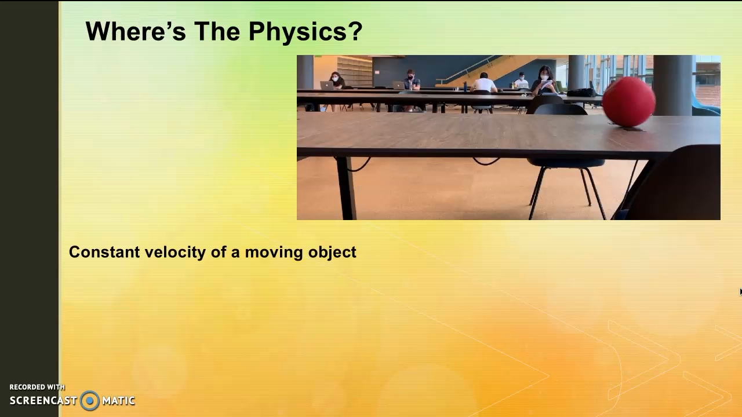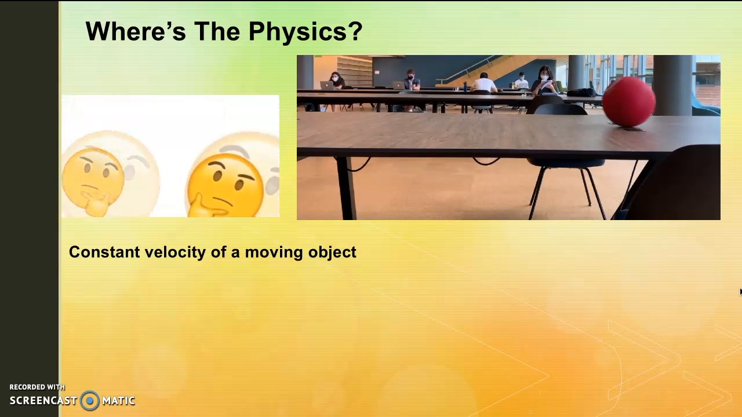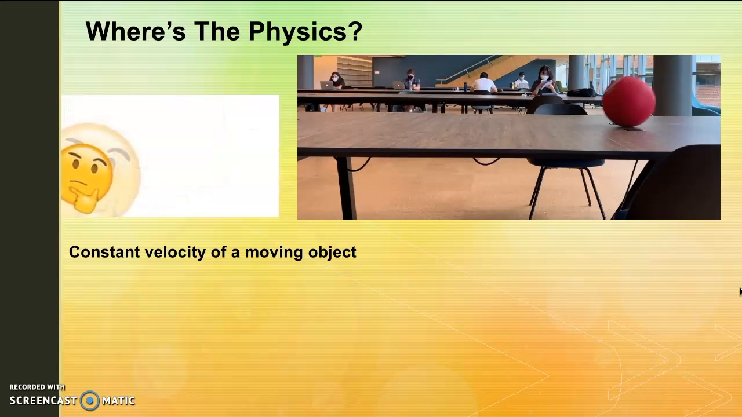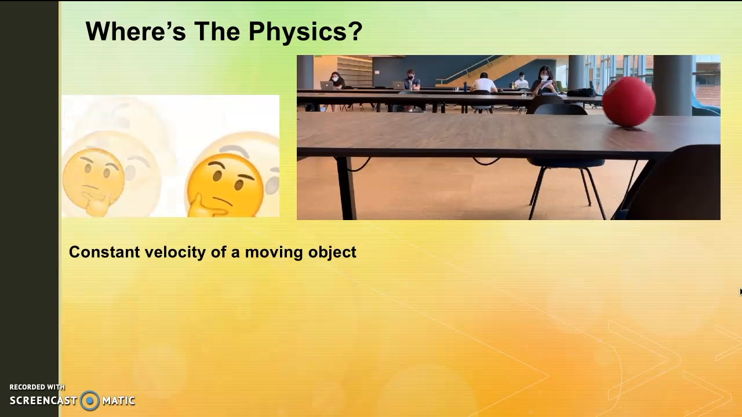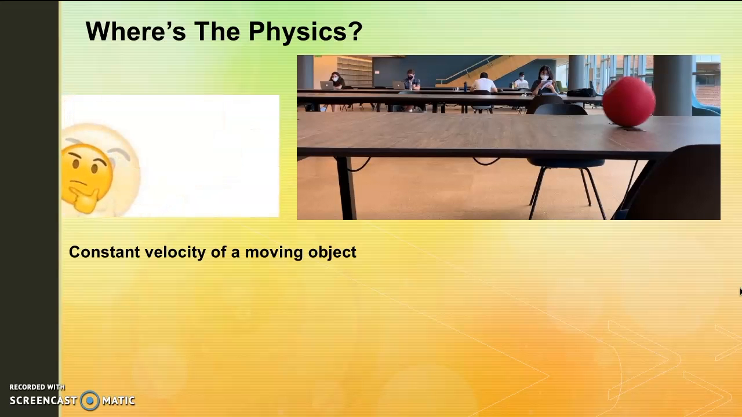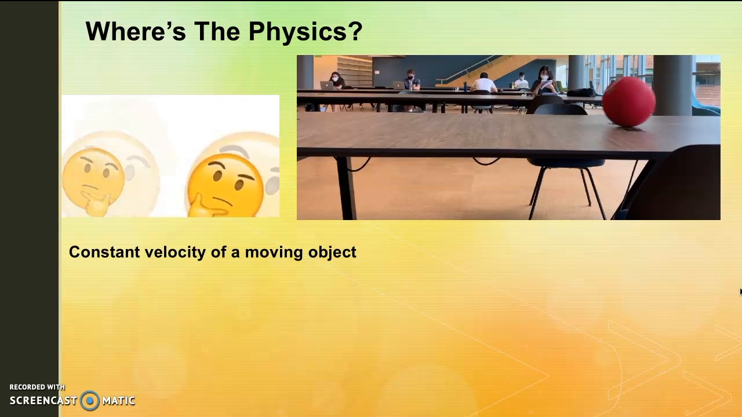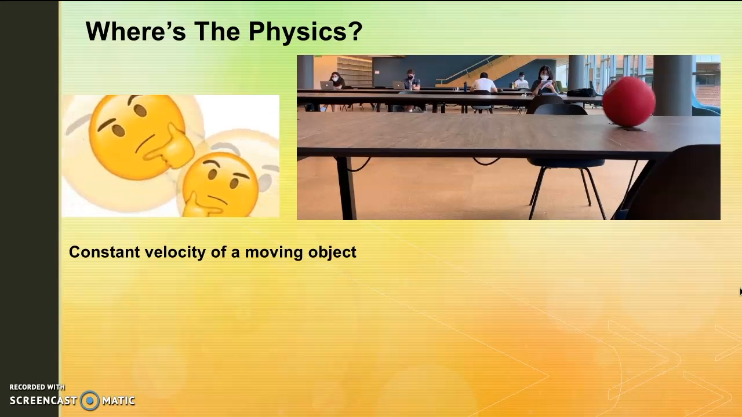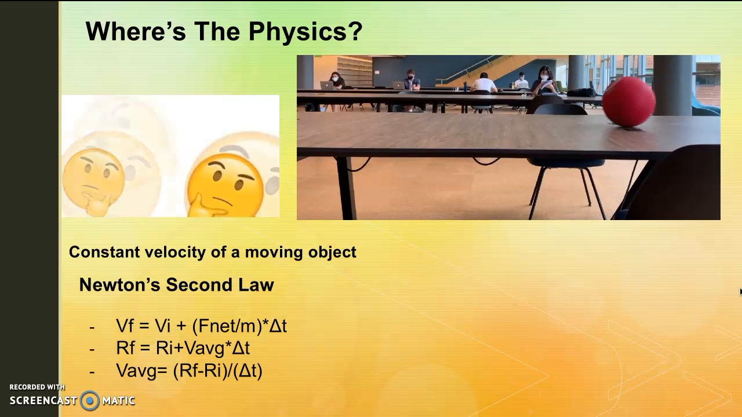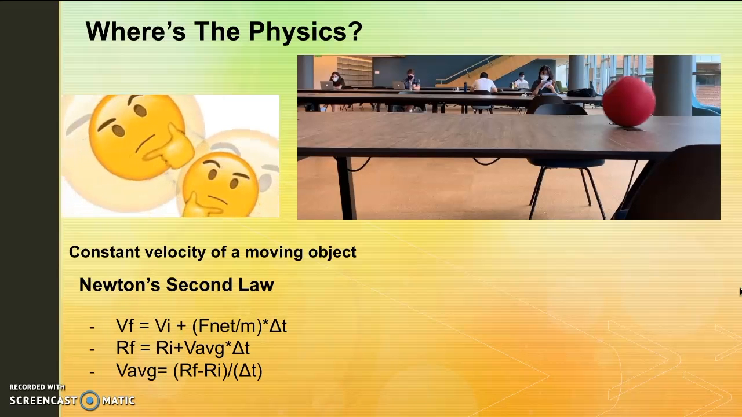Now you may be wondering, where's the physics in rolling a ball across the table? Well, you may or may not have heard of Newton's second law, which relates acceleration of an object to its net force. You may be familiar with the equation force equals mass times acceleration. This can be rewritten, as acceleration is really change in velocity, to form the velocity update equation, which states that an object's final velocity is equal to its initial velocity plus the quotient of net force and mass times the